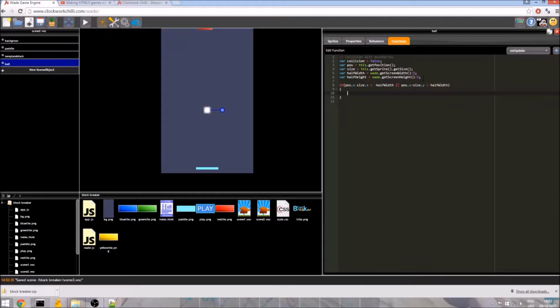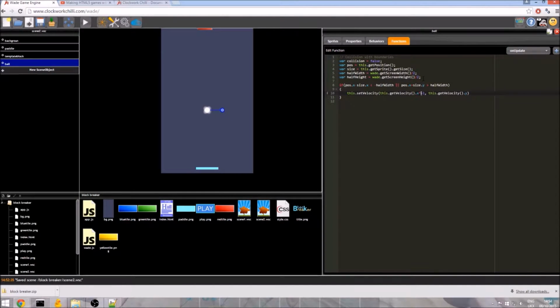Now we can handle this in the same piece of code because we need to do the same thing in both cases. All we need to do is do this.setVelocity, and here is the interesting bit. We simply need to flip the x velocity. That's all we need to do. So we just do this.getVelocity.x, and we set that to times by -1. That is all we need to do, and then we just keep the current y velocity.